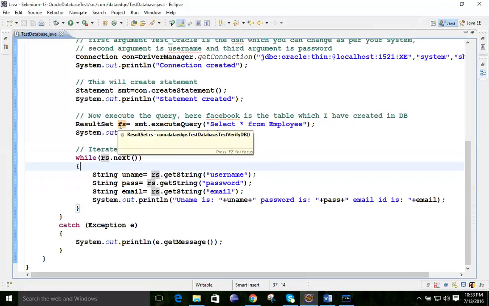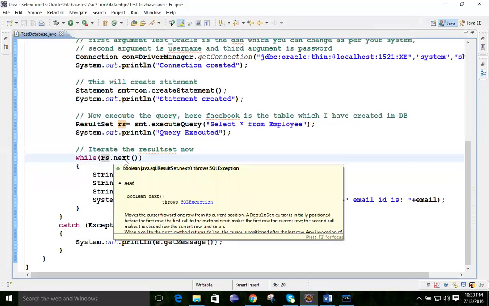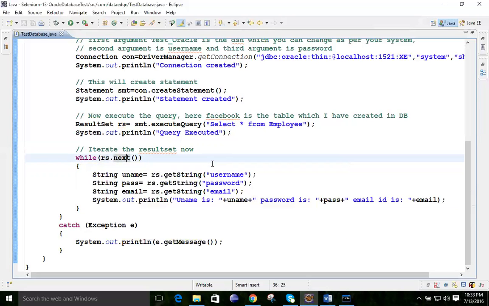Here we have the condition rs.next(). Next tells us that as long as there is next data available in rs, you need to execute this loop, because we don't know how many rows or columns are available. So while rs.next(), if there is one record, it will execute one time. If there are 100 records, it will execute 100 times.